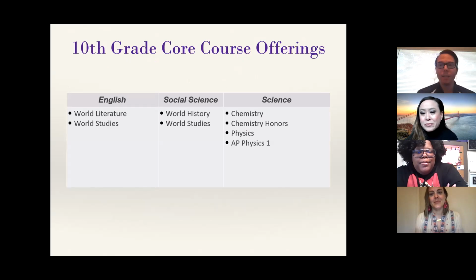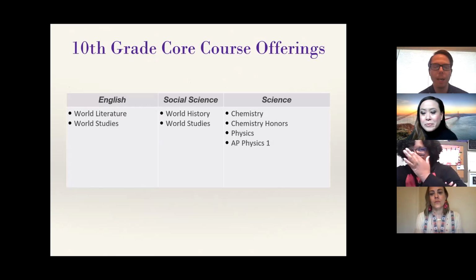Okay. As an incoming 10th grader, you have a lot more options. Obviously, for 9th grade, you had 3 classes that were pre-selected for you with literature, PE, and science. So now you get more options. So in terms of your English and social science, you have basically a choice between world literature and world history,